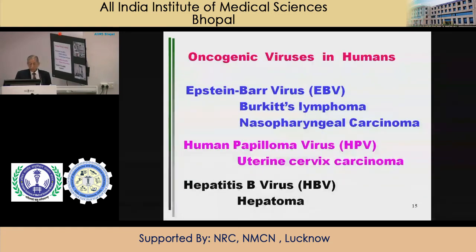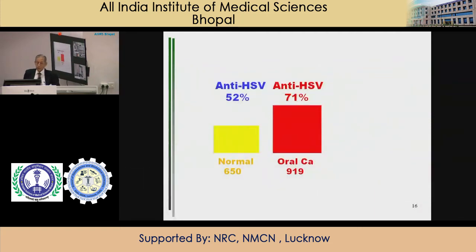We were wondering about HSV, that is herpes simplex virus, whether there is any association with certain cancers. We have taken serum samples from 19 oral cancer cases, along with 650 normals. Anti-HSV antibodies in circulation are positive in 52% of normal persons, whereas 71% in oral cancer. That is statistically significant, but not very impressive, because the antibody against a particular